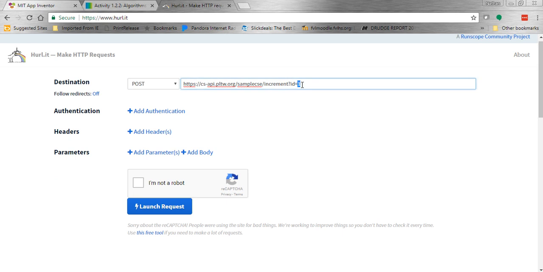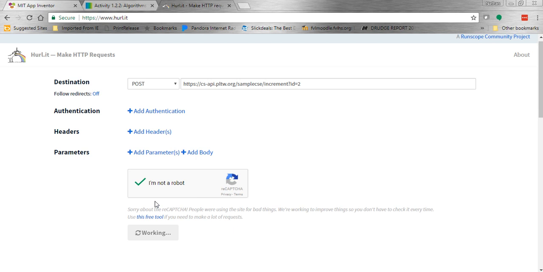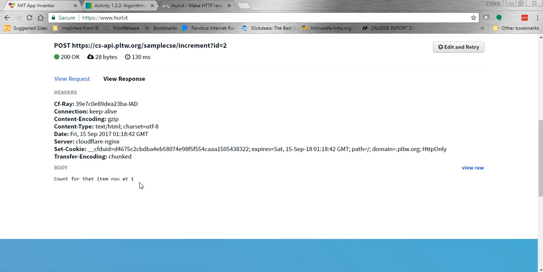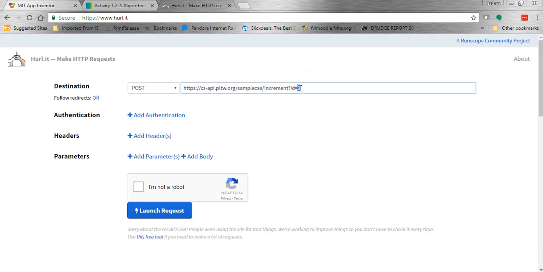If I would want to vote for number 2, I can do number 2, acknowledge that the reCAPTCHA and launch that request. And now the count for that item is also at 1. If I do it back to number 1 again,